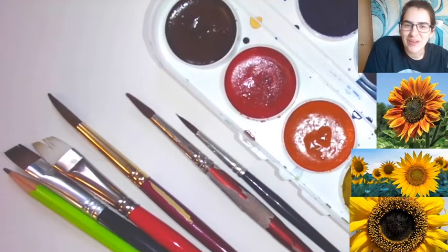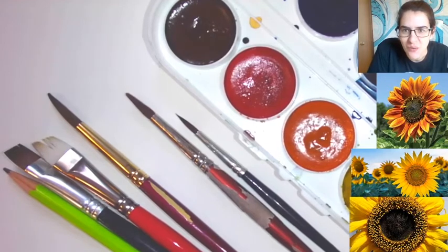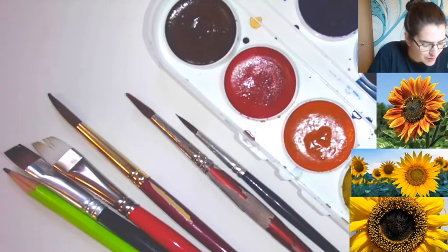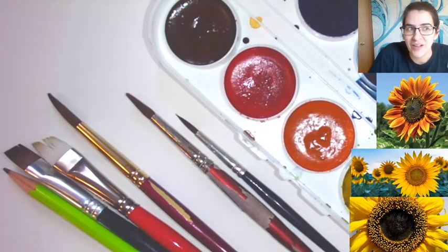Today we're going to work on painting a sunflower. So I have gathered 3 reference images from the internet, and you can see them there on the side of the screen. We have a sunflower with some red or orange petals, a true yellow sunflower with a bit of a lime green center, and then an up-close center on that bottom sunflower that has a little bit more brown and black in it. So my sunflower is going to be kind of an imaginary combination of those 3,